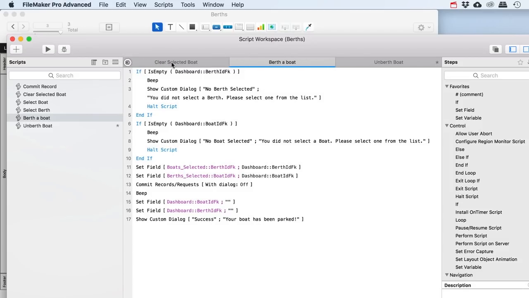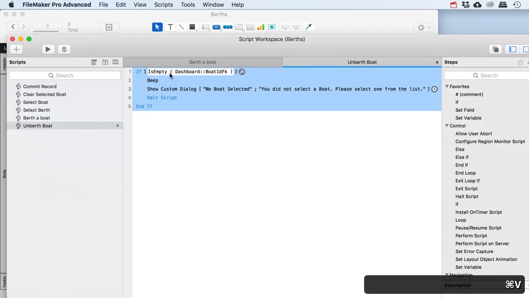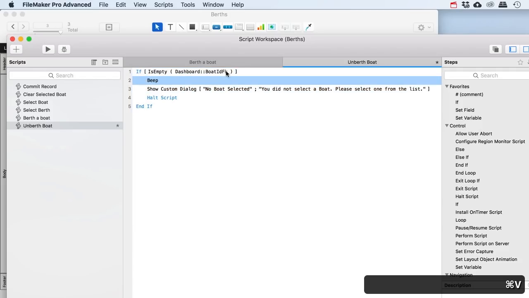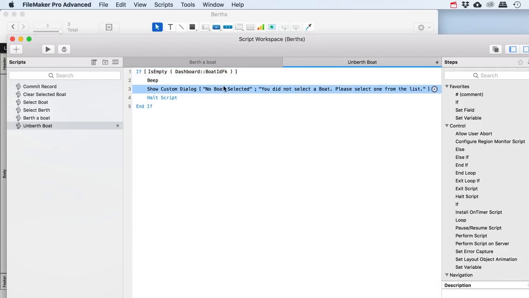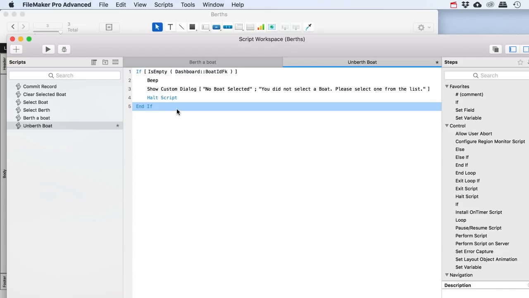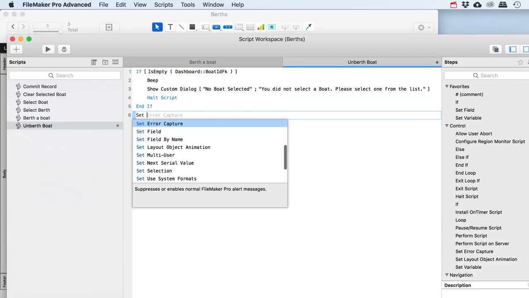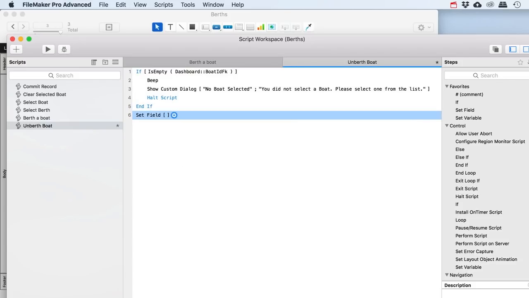I could close these ones. Okay, so I'm going to paste this part. If is empty boat IDFK, then I can't do anything because I did not select the boat, but I don't really have to select the berth, so I'll just do this one. What I'm going to do is a set field because I want to change. What do I want to do? I want to